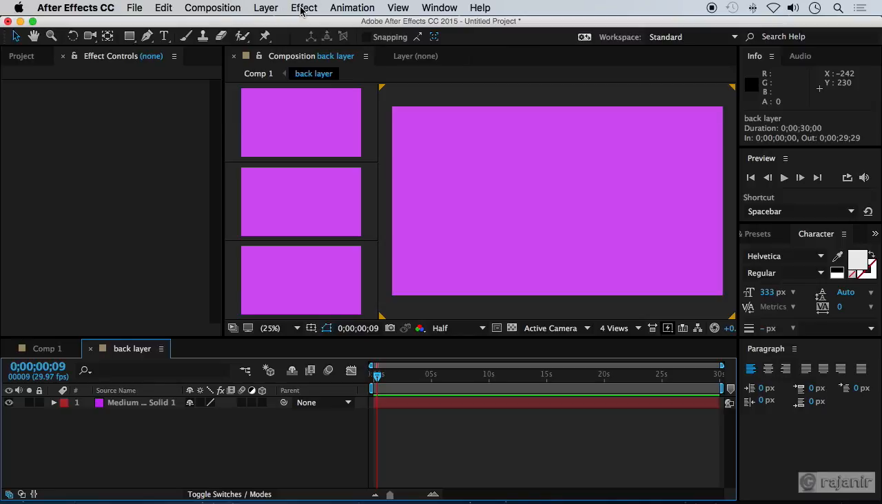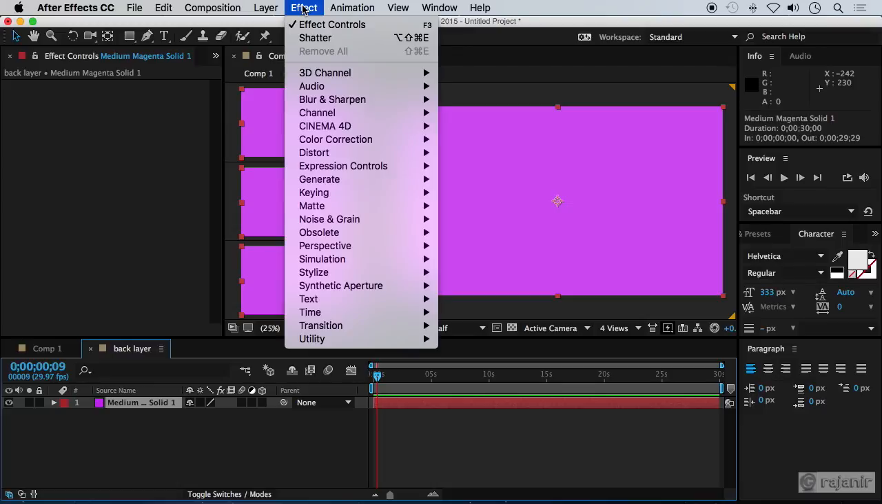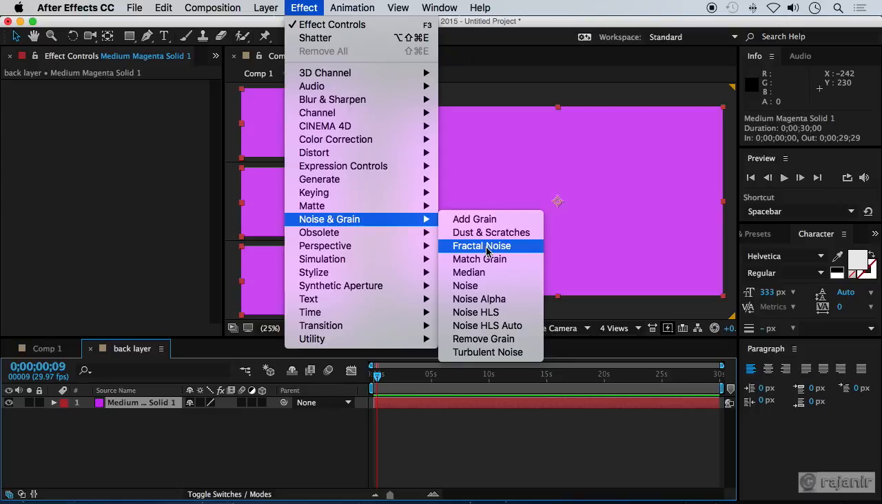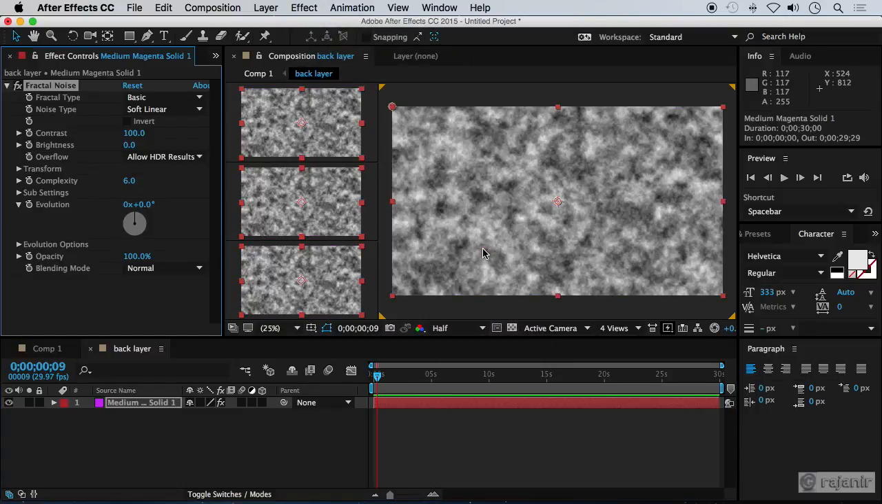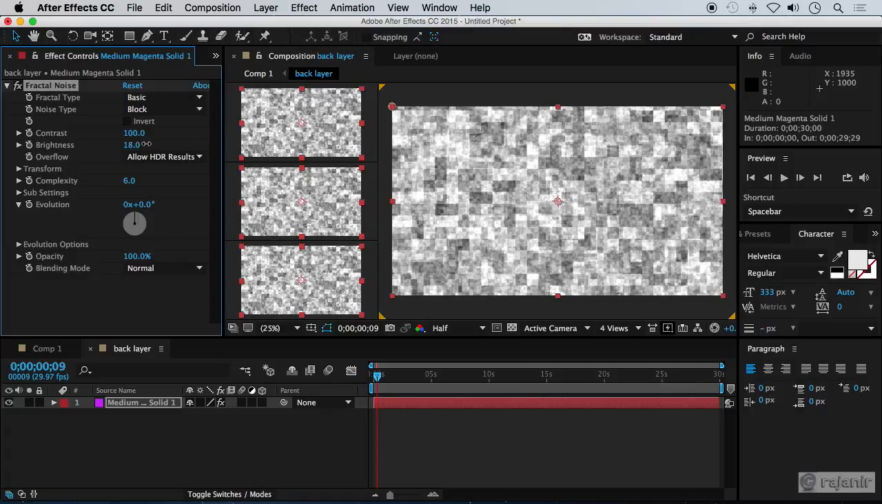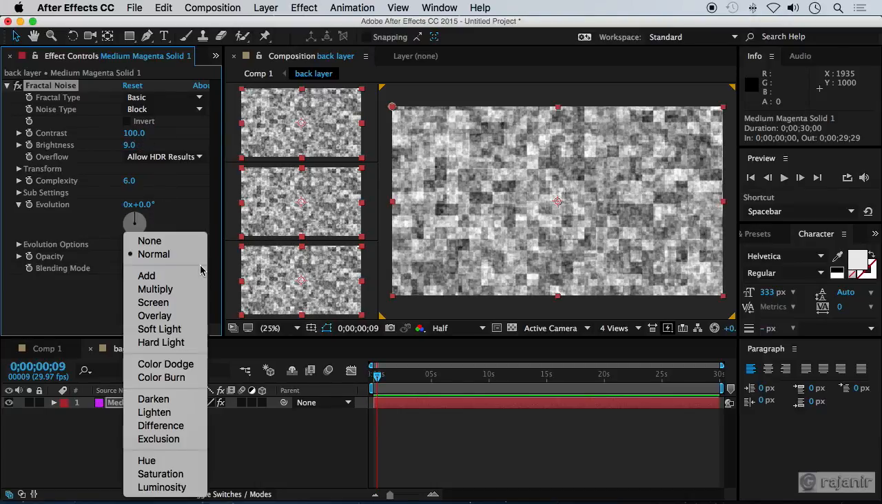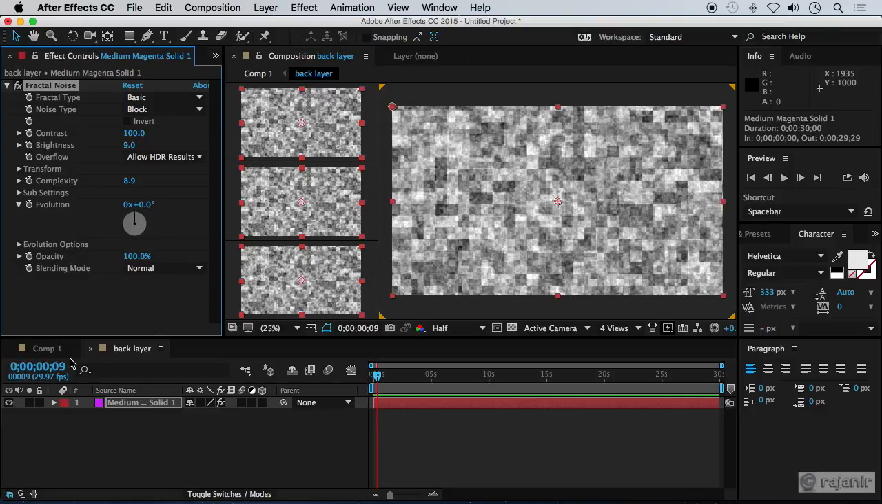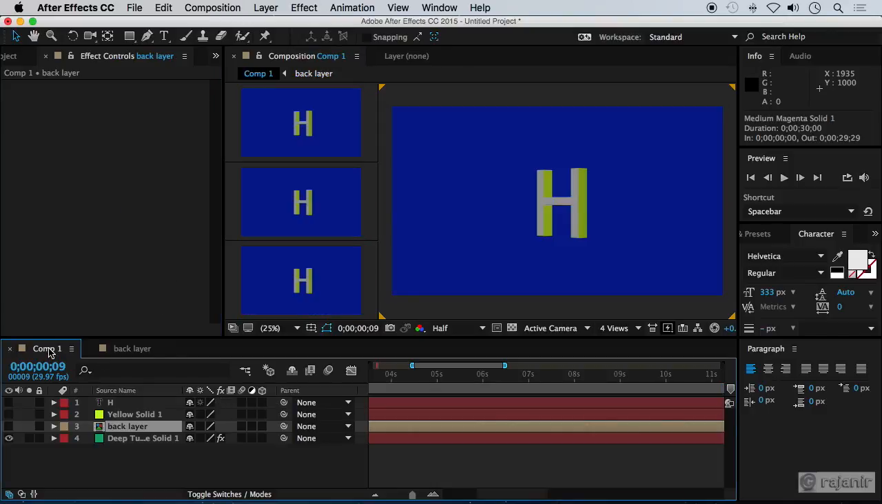Now let us give some effect. Select the layer and then go to effect, otherwise it will not be seen. Fractal noise. Yeah. So this is our fractal noise. Fractal type is basic, soft, linear. You can have this block also like that. And brightness, complexity, blending mode normal. Let us go back and watch our composition, what has happened,